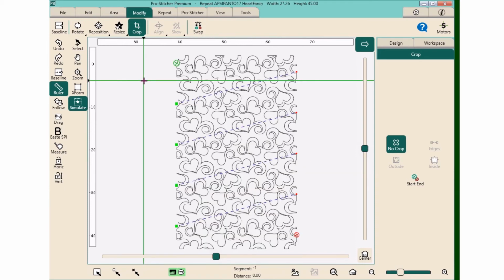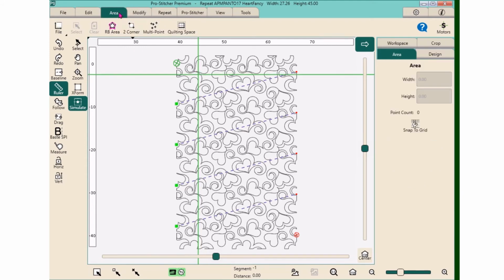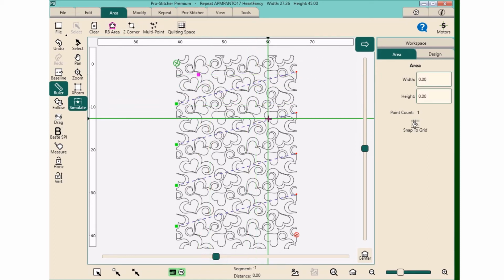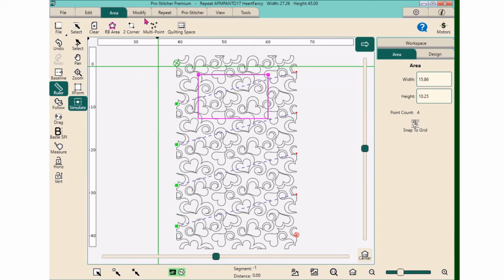So now I've loaded a small edge-to-edge design that you could be putting on any quilt. And I'm going to simulate creating an area. So into Simulation and the Area tab, press 2 corner, bring it down there, press 2 corner again, and that's created an area. Now, when I go back into Modify,